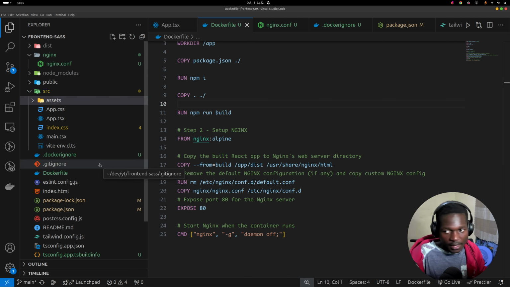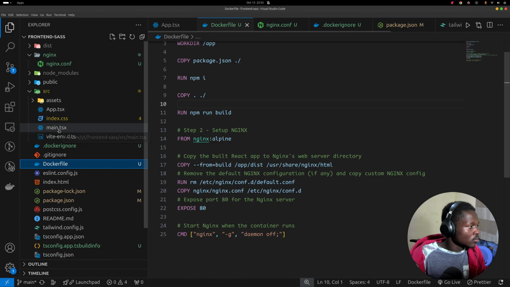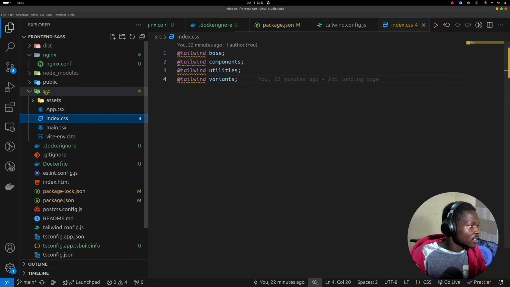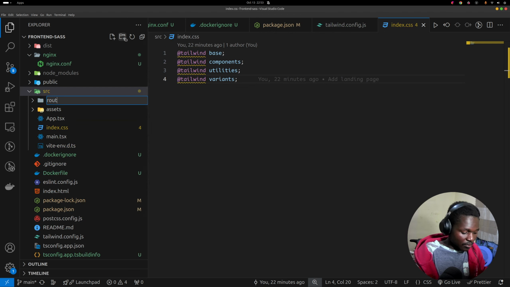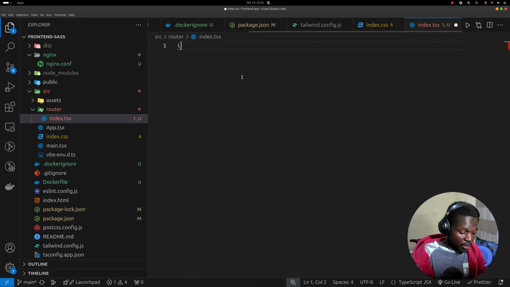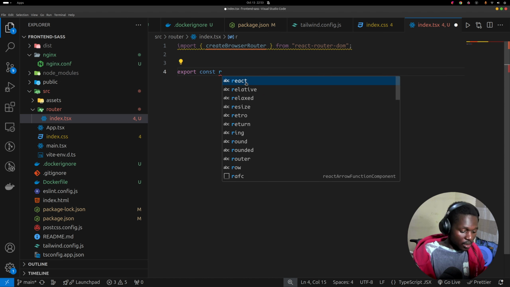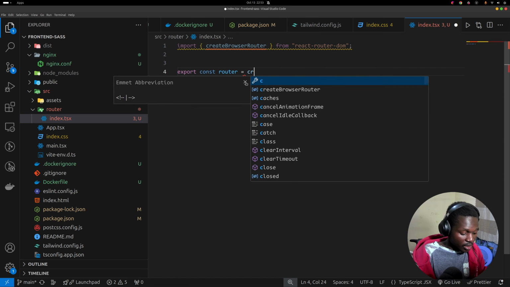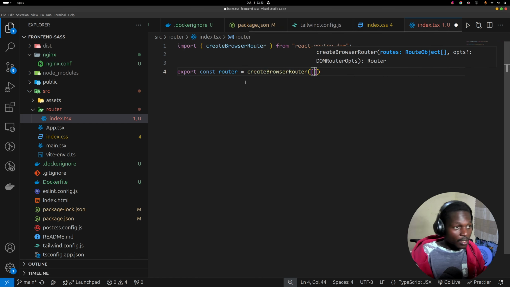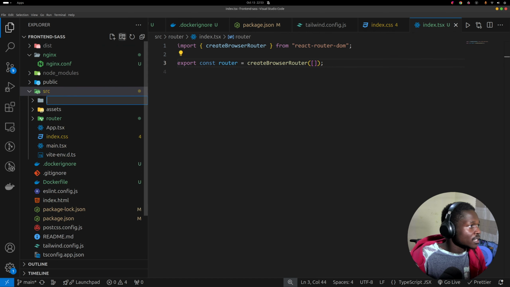So what happens here, I'll delete this, move to trash, I'll retain this, then create a folder known as router, then have an index.tsx, then import create browser router, then export const router, which will be create browser router, then we'll pass in our routes there. When we come to src again, create pages,